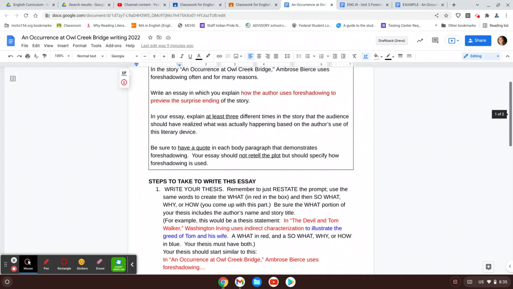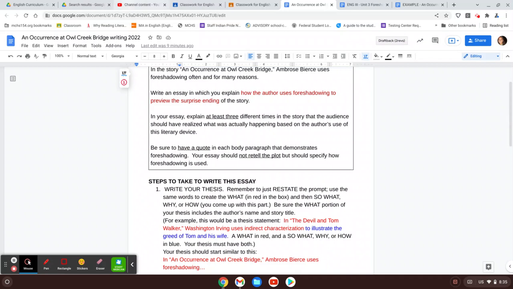So you're going to have three body paragraphs. You're going to have an introduction and a conclusion. In each of your body paragraphs, you need to have one quote, and you will need to ice your quote. What that means, most of you have done this before, it means you introduce your quote by telling me what's going on in the situation and the story where you get your quote. You actually cite it by putting quotation marks around it and putting the page number.